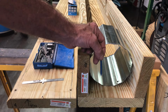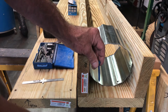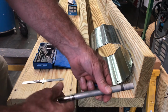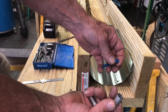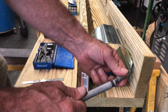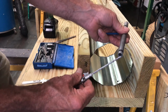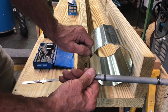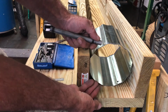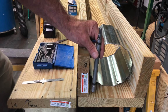Things like wedge anchors are very difficult to get out of a wall once they've been installed because they wedge from behind. So in any case, I've got the advantage of being able to use this Tapcon system. It comes with drivers that are appropriate for the particular Tapcon that I have. It also has the appropriate drill bit sheathed inside of that. So this whole assembly can go on the end of my cordless drill driver, and I can come off, drill my hole through into the masonry, slip this back on, and drive that fastener into the hole that I've made